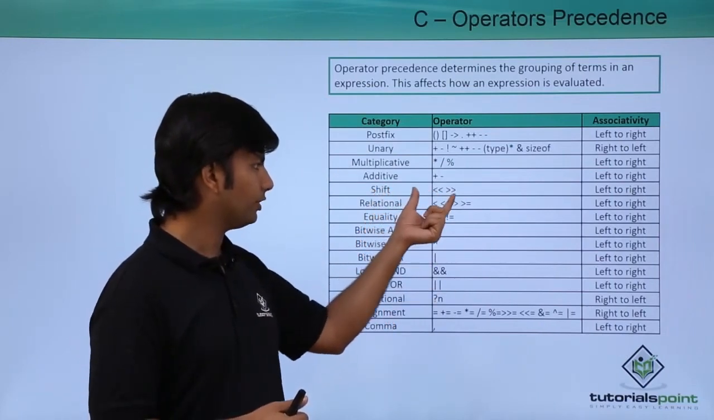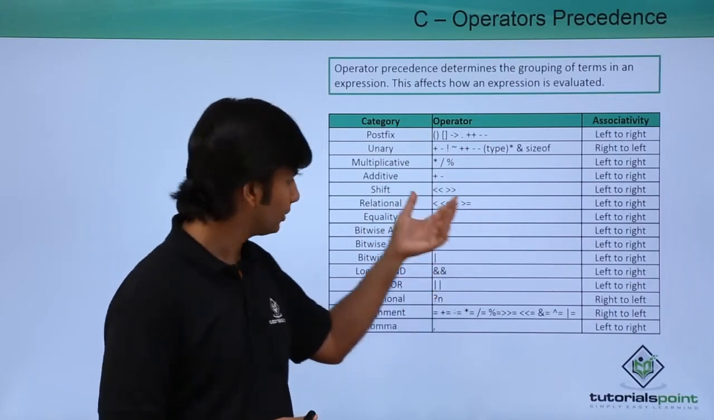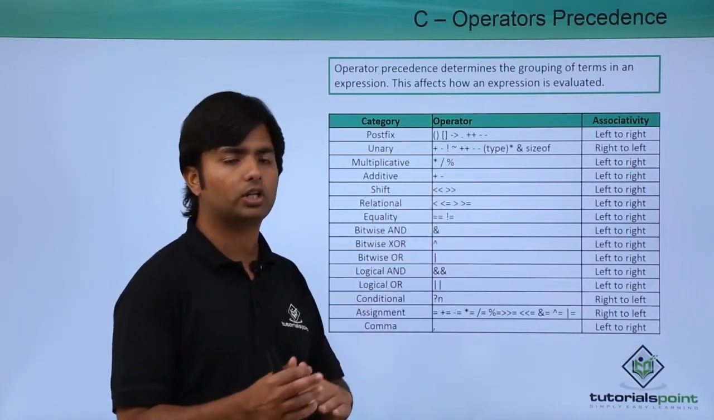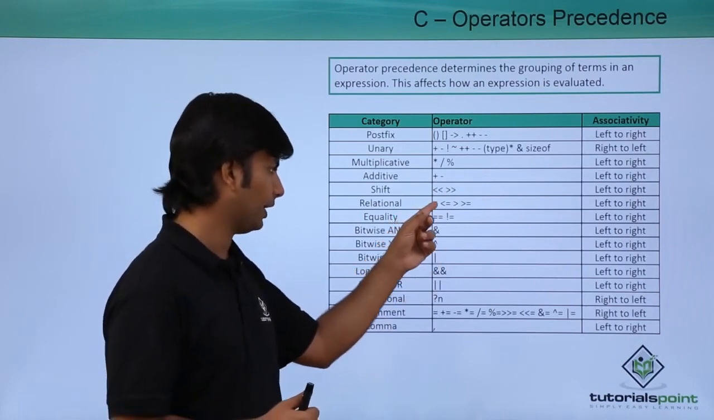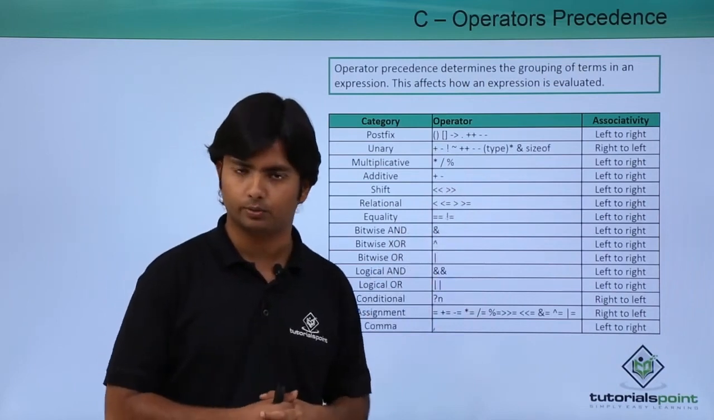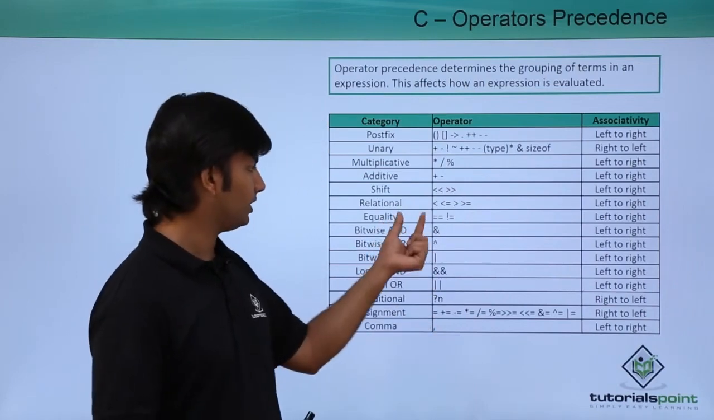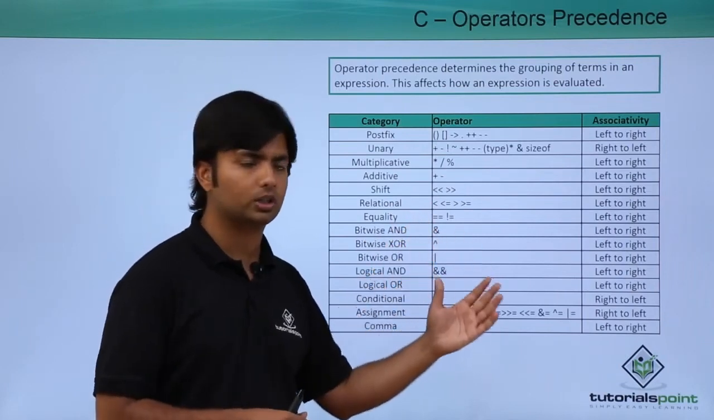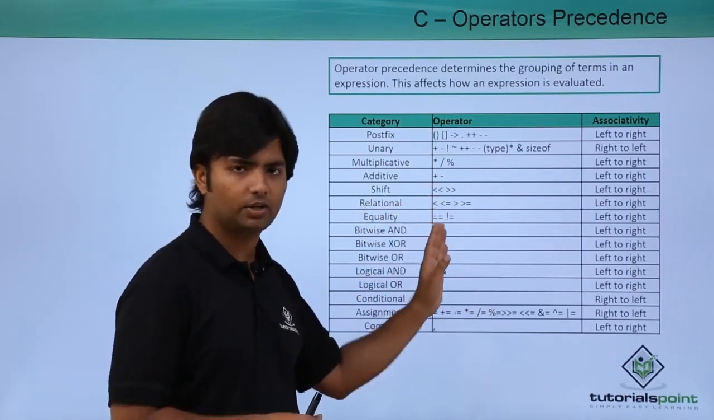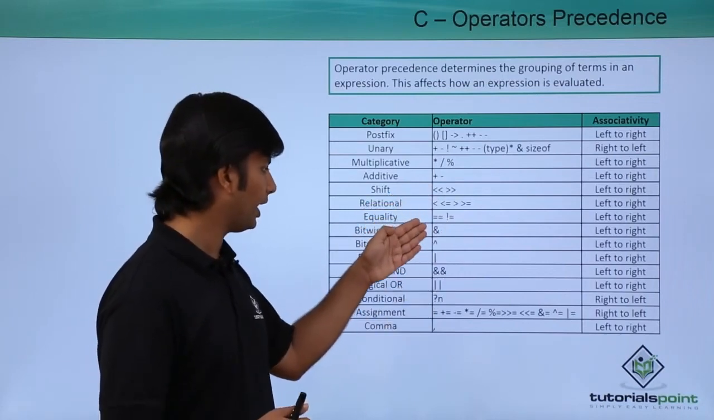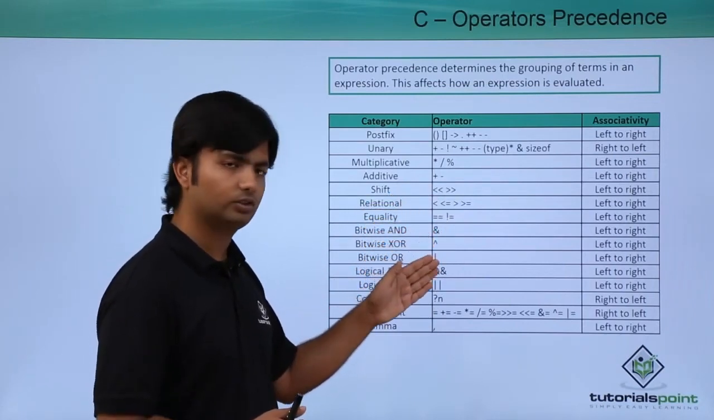Similarly, then after we have the shift operator precedence. In relational, we will not count the equal and not equal, but anything apart from that, like less than equal to, greater than, and greater than equal to. After that, we will compare the equality, like whether they are equal using double equals or not equal, meaning exclamation and then equals. Then after we have bitwise AND, bitwise XOR, bitwise OR,